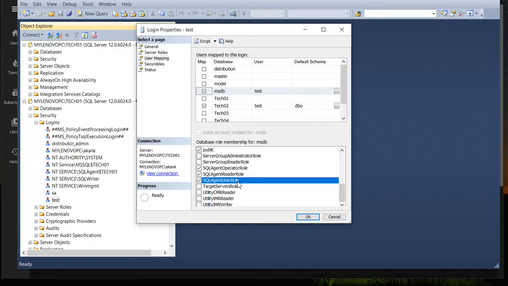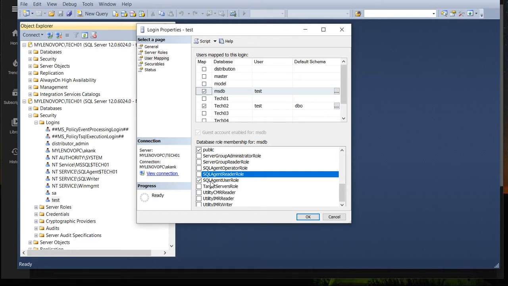Okay, so as I discussed here, the requirement is that we should give only the least level of privilege. This is an interview question also: what is the least level of privilege for any application user when granting SQL Server Agent access? I will provide the link in the description. You go and watch it. I have already uploaded a detailed video on all three roles.